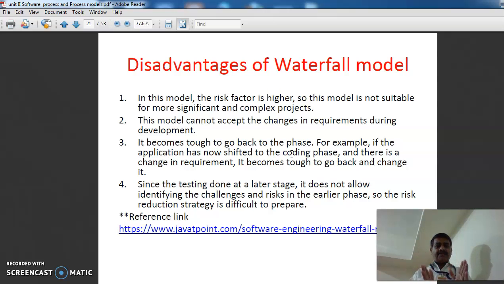Under the 5 steps, from the first stage to the last stage, requirement and all your steps are correct. It gives the correct output. So this is nothing but the one thing about the waterfall model.